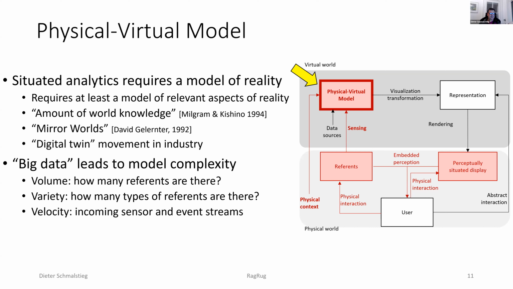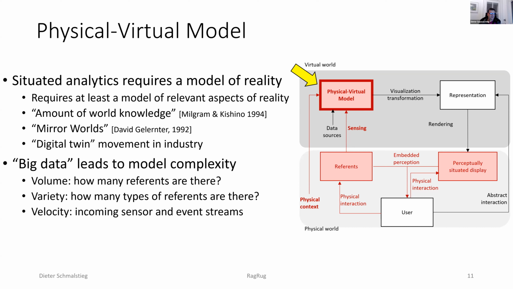So if you just ask the big data questions that I'm sure you've heard before, applied to reference, we have the volume question. How many references are there? How many different types of reference are there? That's the variety. Or the velocity: how fast does the data come from the sensor and the event streams? That may not be a big issue if you have a toy model like some of the examples that we will be showing you, where you have a handful of sensors. But of course, when you go to a power plant or factory, there are thousands of them. So the physical virtual model is really also an important aspect that we would like to